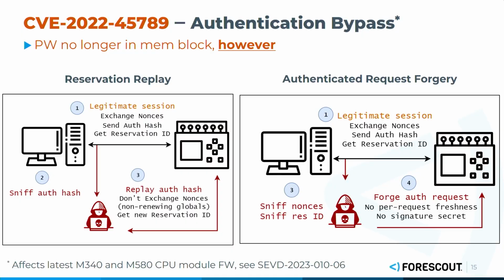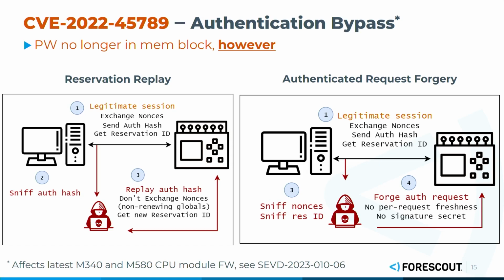So if someone legitimately authenticates to the PLC, and I sniff that particular authentication hash, and I don't do my own nonce exchange, those old nonces will still be valid, and I can use those as part of my replayed authentication hash. A little bit of a more convenient way to bypass this for an attacker is to forge authenticated